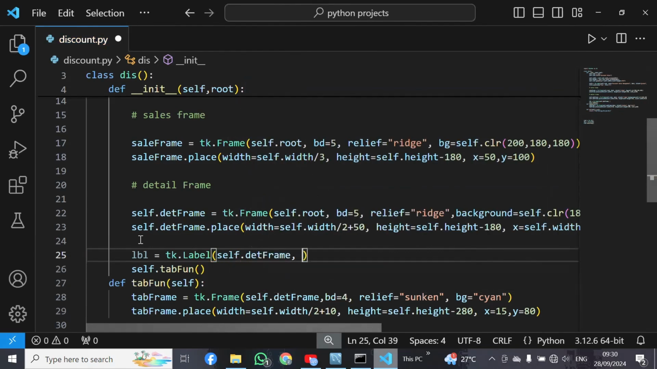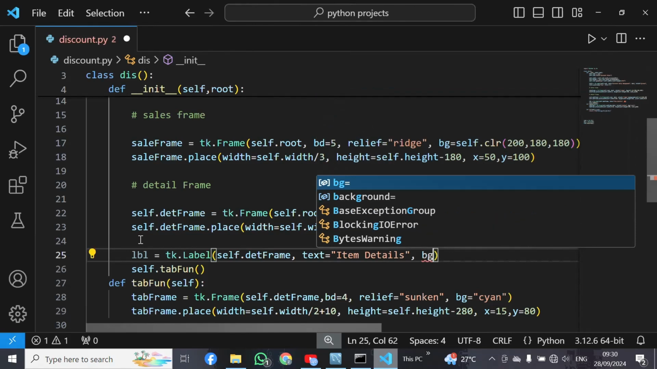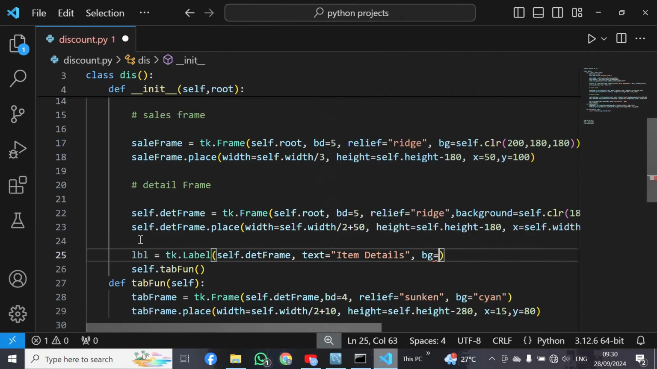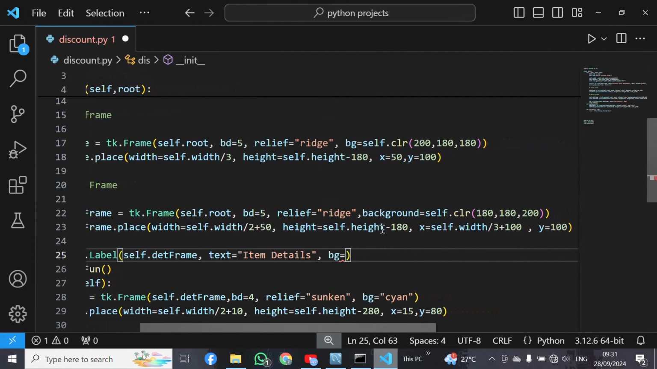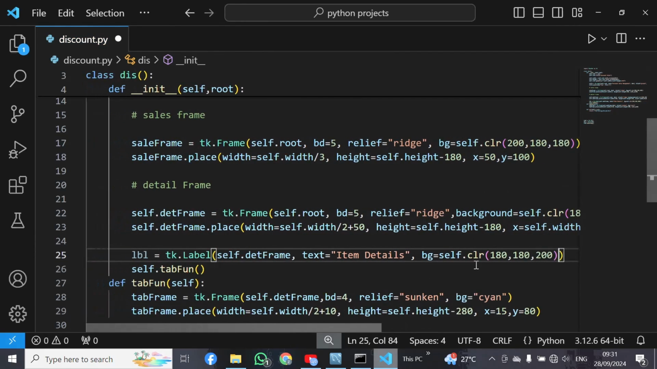And then here I have to set text by using the text property, and I will set text item details, okay, and here our item details will appear. And then here I have to use background color by using the BD property, and I will use the same color as was used here, okay. So I will copy this combination from here, and then I will paste here, okay. So this is the same color for this label,